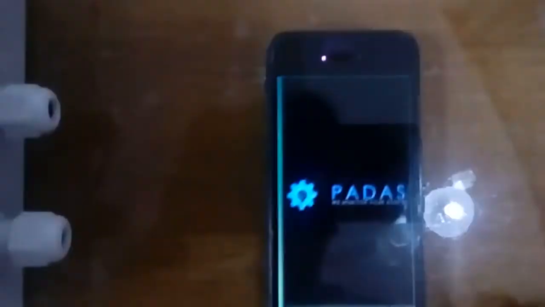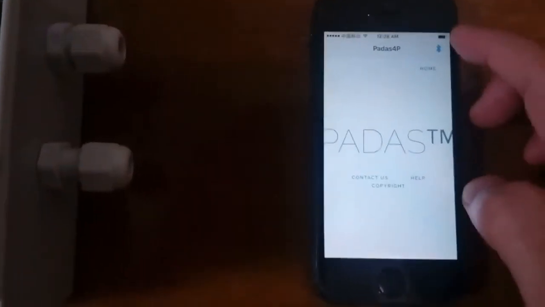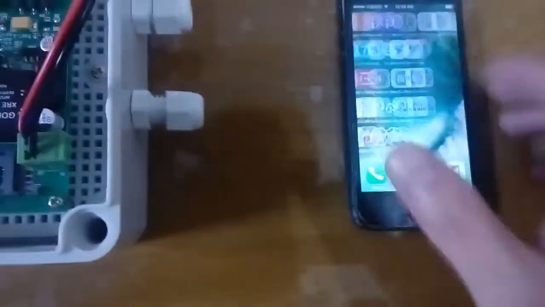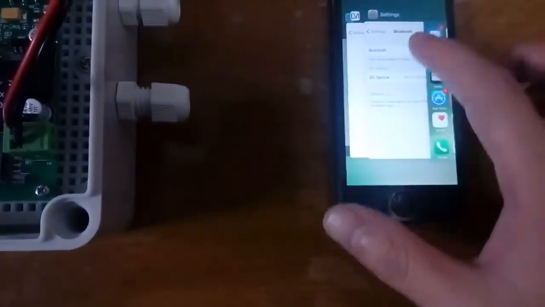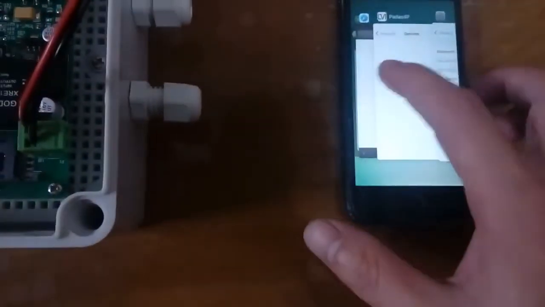So here, when I click this app, you'll see that it's already logged in. So let me just quickly click this BLE button. So, well, I haven't turned on the Bluetooth, so okay, where is it? All right. So when I scan,